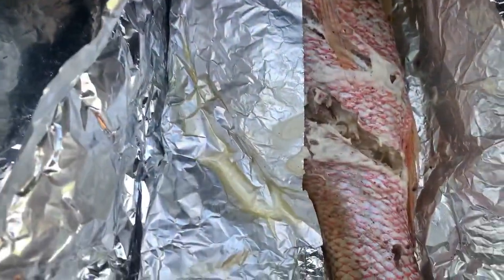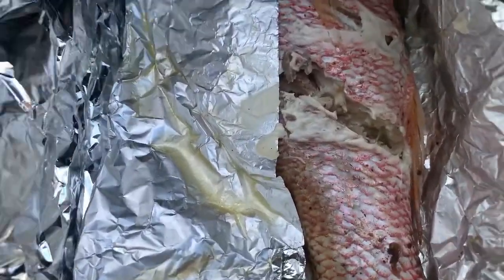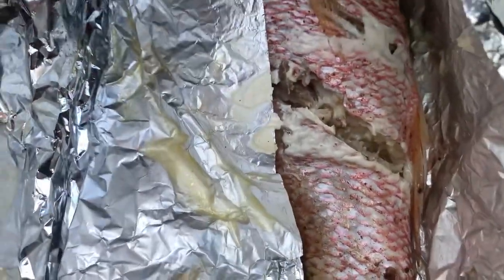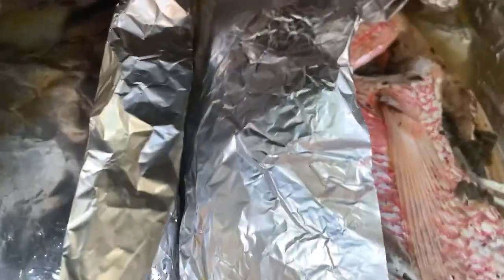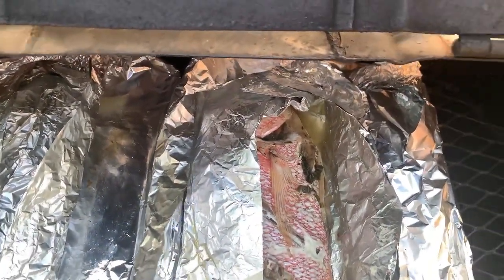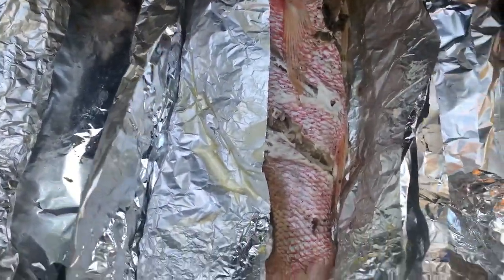So I'm just here testing my fish just to make sure that it's cooked. And my gosh, you need to smell the flavor. Trust me, it smells delicious. And of course, I have to do a taste test. Yep, it's delicious. Trust me, all of the flavors, all of the spices, everything put together, this is a delicious